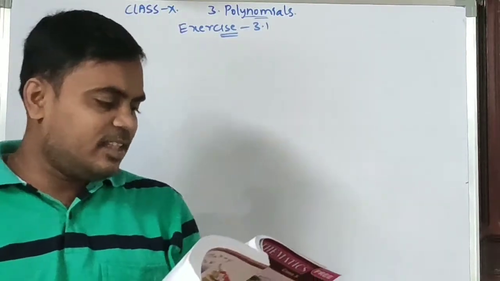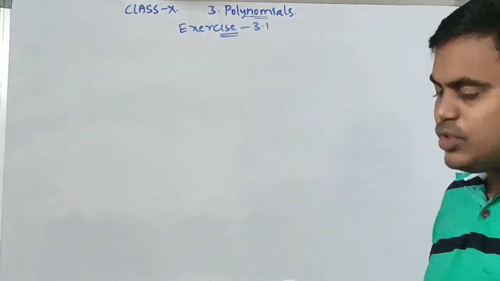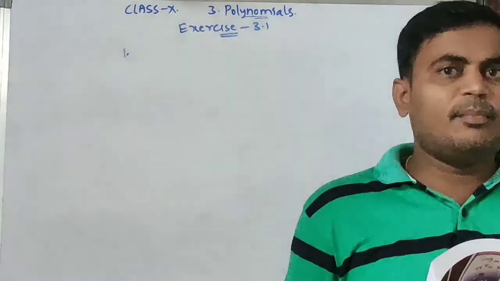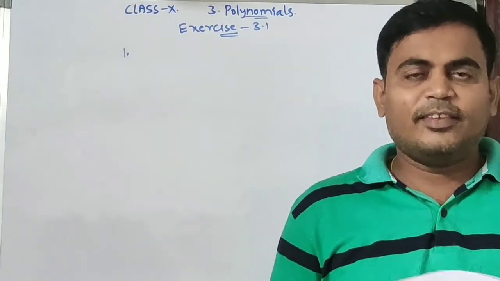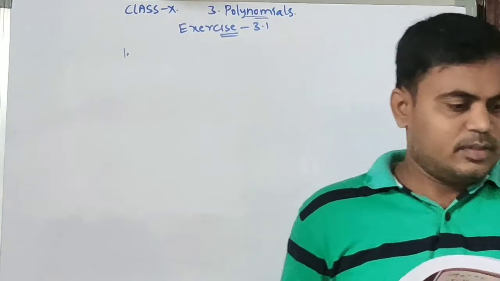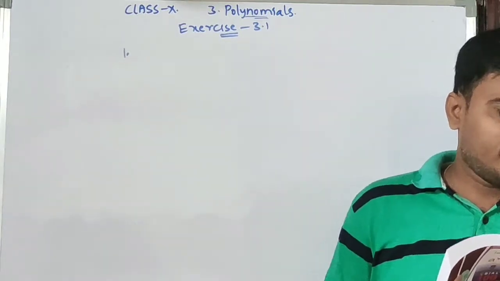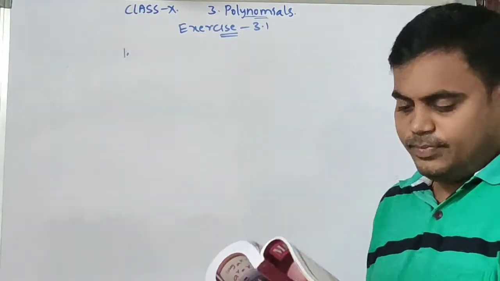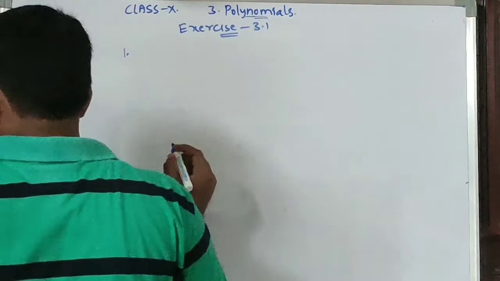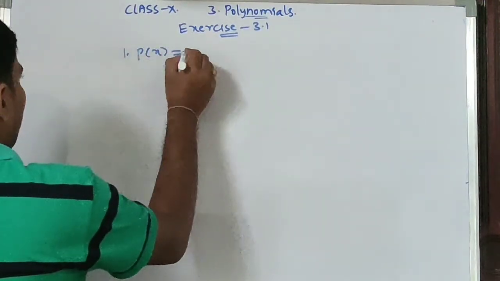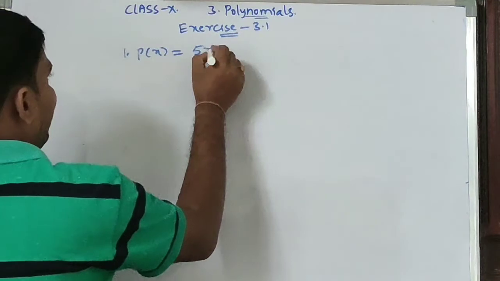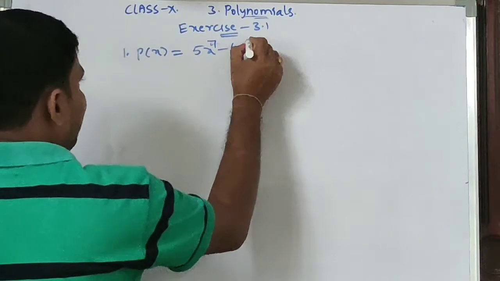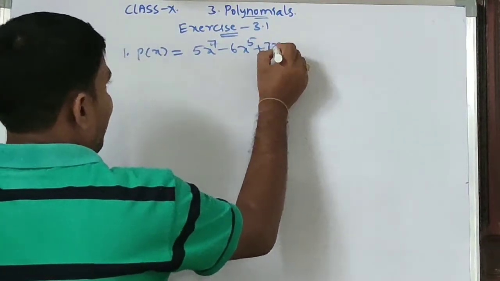Polynomials, exercise 3.1. First question. Before that, all of you open page number 54 in the SCERT textbook. Page number 54, exercise 3.1. First question. In the polynomial P of x equal to 5x power 7 minus 6x power 5 plus 7x minus 6,